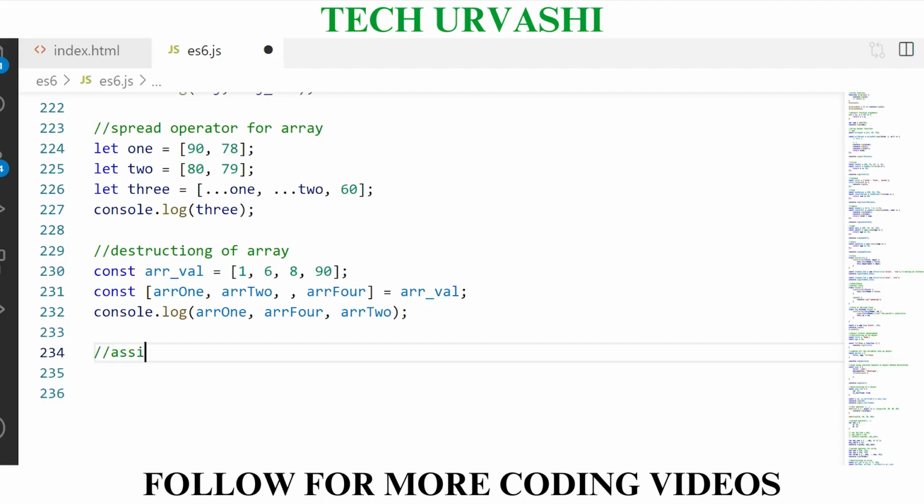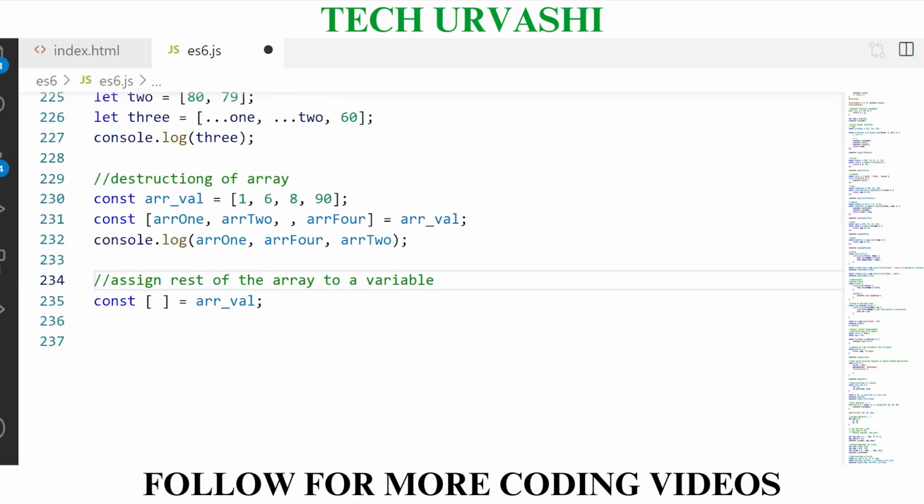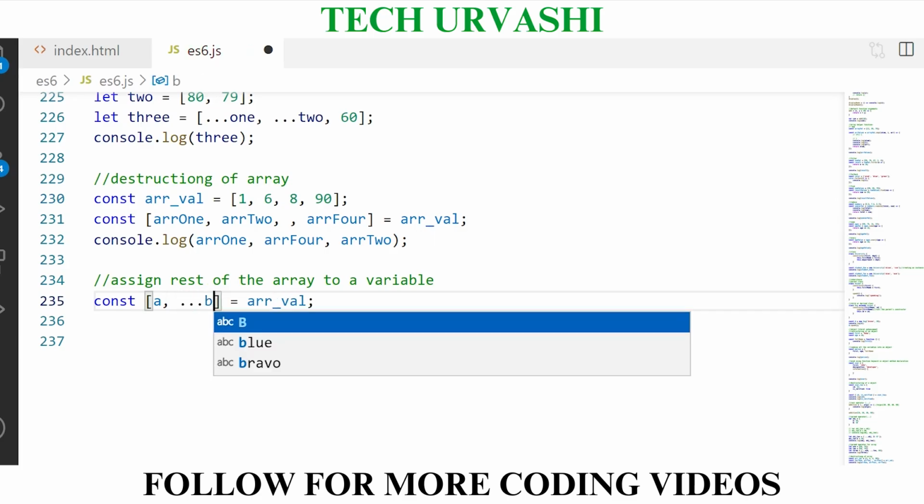Now the similar thing is, we can assign the rest of the array to a variable. So let's say I have an array, let's say is equal to array value. So I'm considering the same array, this one. I want one element, let's say A, should go in one variable, and I want the rest of the elements should go in another variable. So I will just use the rest operator here. I will use 3 dots and I will just put a variable name here.